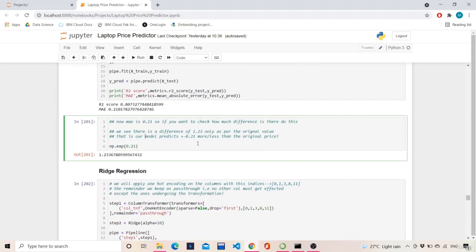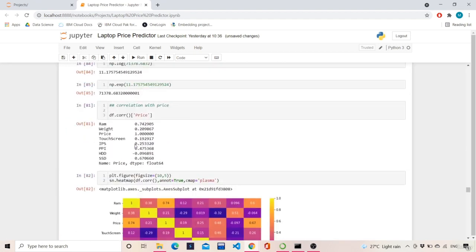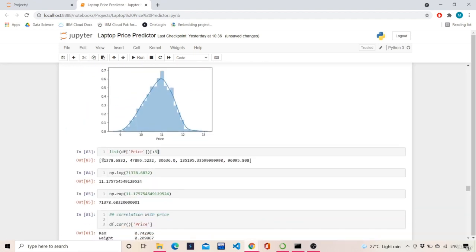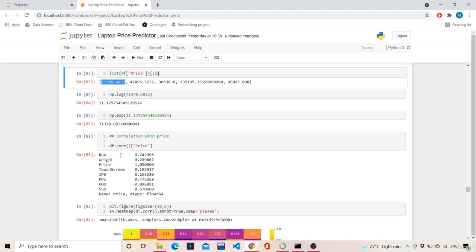So this is important now. The MAE value is what? 0.21. Now if you do np.exp on 0.21, what do you get? You get 1.23367. Now what does this 1.23367 mean? This means that the value over here was 71,378 point something, right?